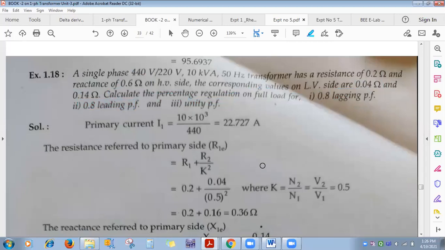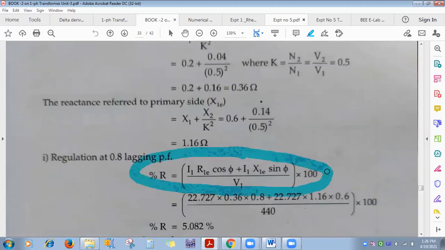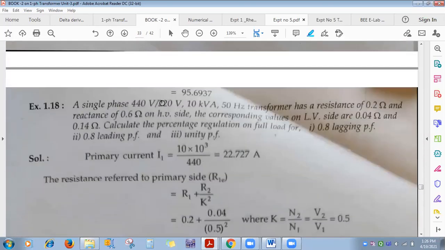Formula we know, you can use either referred to primary or referred to secondary here. Okay, so we'll see here which one they have used. See, referred to primary. You can try it with referred to secondary, same answers you will get. I told you number of times you will get asked in such type of numerical where there is a need to calculate K. In a no load transformer, what remains? E2 and V2. E2 is equal to V2 and E1 is equal to V1. That's why this 440 volt V1 directly you can consider it as E1, and this 220 volt V2 directly you can consider it as E2.